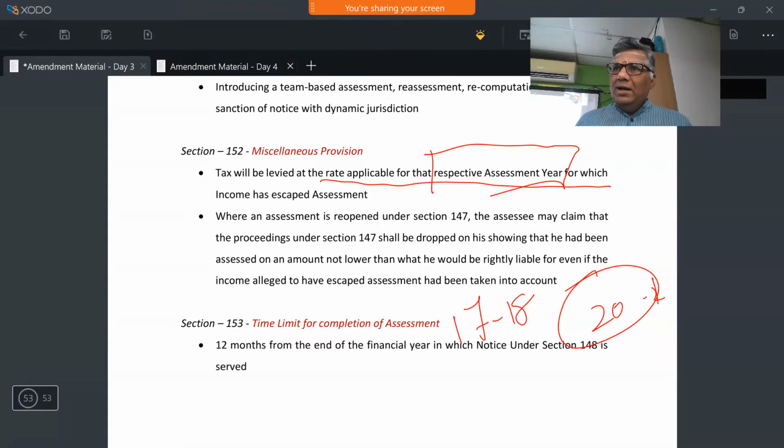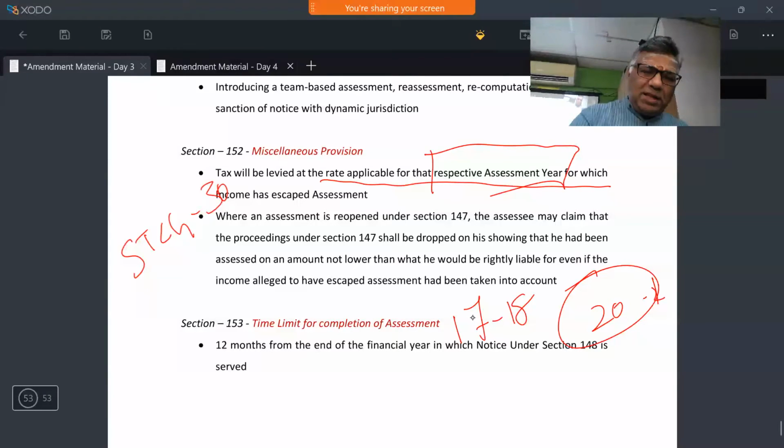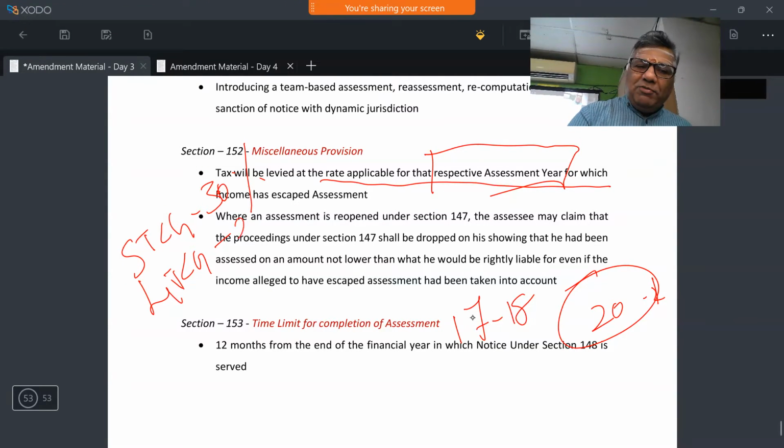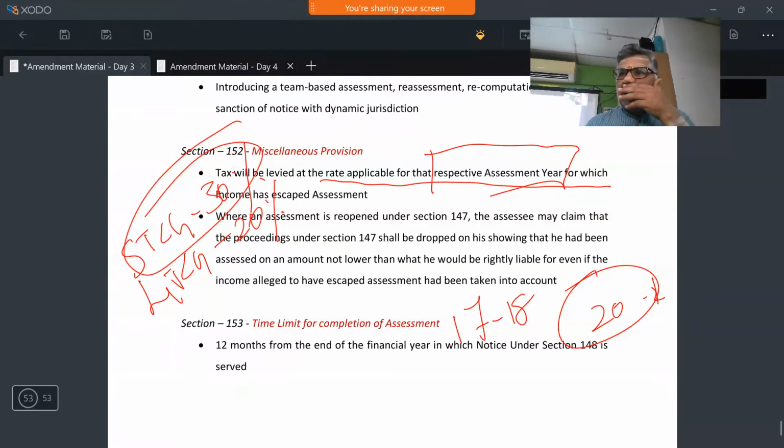Okay, assessee can also contend you have already taxed me at a higher rate. Don't now again reopen, you are not going to gain. Because you have already taxed me it as an STCG, which will be 30%. Now by reopening, you are only going to increase my LTCG, which will be only taxable at 20%. I have already paid the tax at 30%. So there is no point reopening. The assessing officer may drop the case.